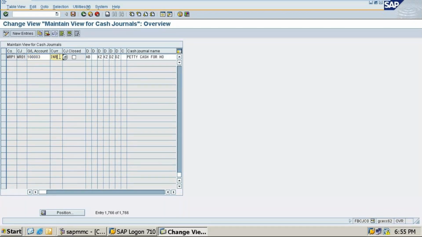This is the INR, and the document types are AB, KZ, DZ for customer payment, KZ for vendor payments. So petty cash for HO, that means petty cash for head office. After this, you just click on save.